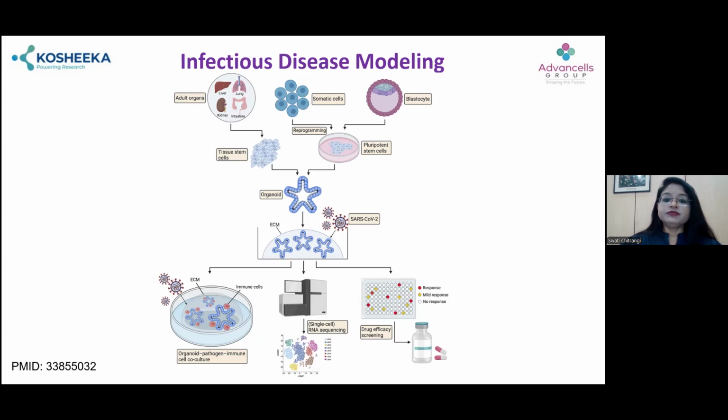So for that, you have to create these organoid models, for vaccine testing for example. For vaccine development or any drug efficacy study, you need an organoid where you can embed your immune cells, to see how these immune cells are going to fight against COVID. Suitable ECM will be provided, and then you can introduce this organoid to pathogens also, like